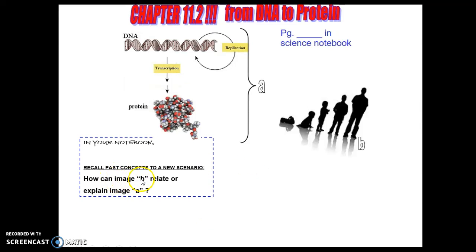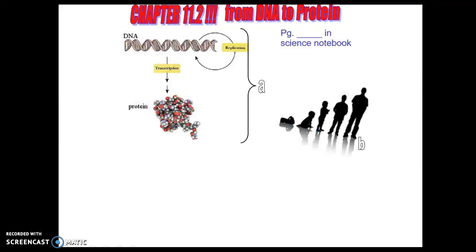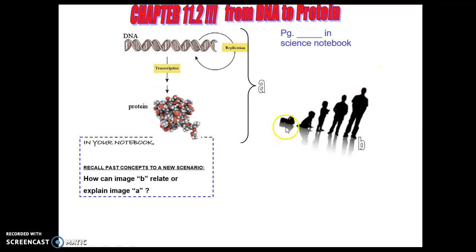The task is how can image B relate or explain image A? So you have image A. A is DNA being replicated and transcribed into a molecule of protein, right? A special molecule of protein. And image B just shows an organism, a human, from birth to adulthood. How can we draw connections between someone growing up and aging and changing to DNA and building proteins? If you're confused, I recommend watching the links so that you can relate the idea of the body to proteins,